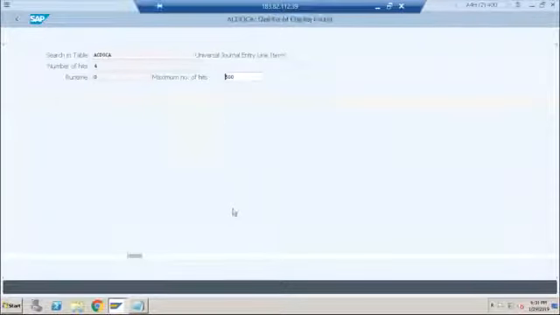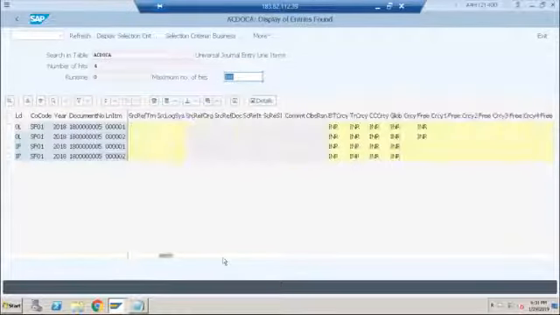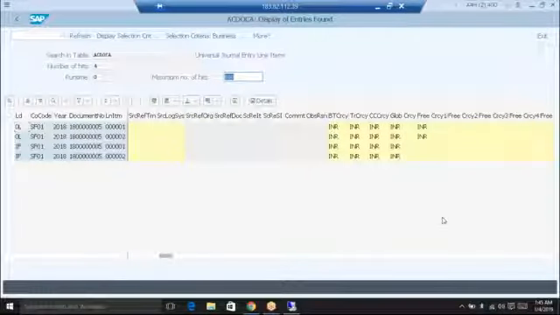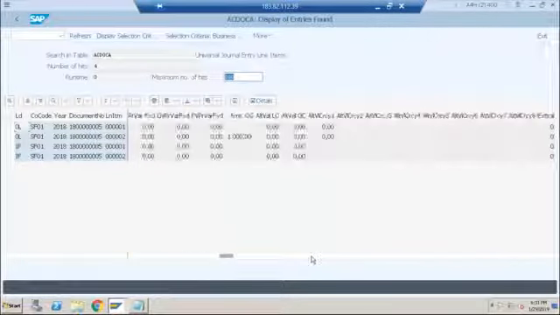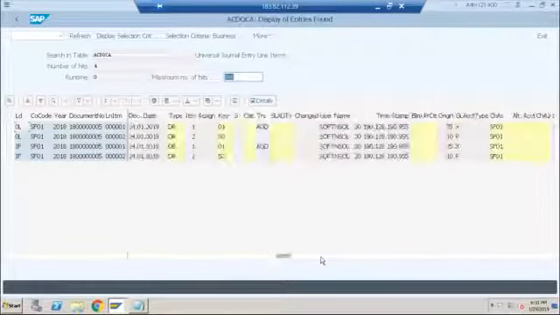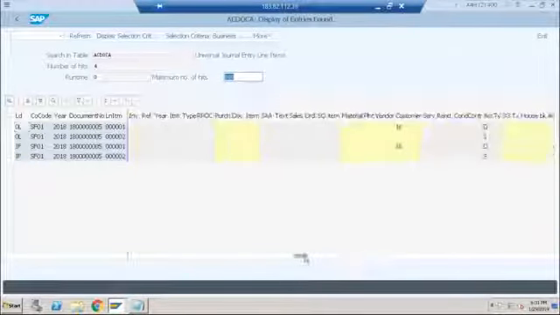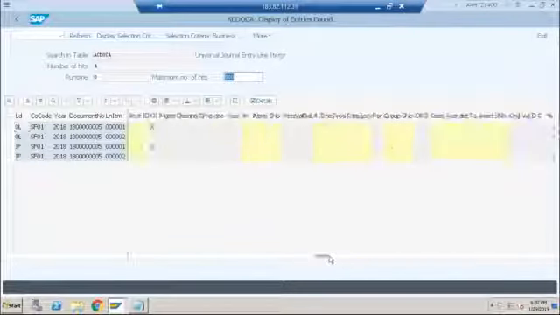So if you click on online, now you will be able to see that there is a separate section for COPA fields in the ACDOCA table. Okay, so towards the end, you will be able to see a lot of fields related to COPA.